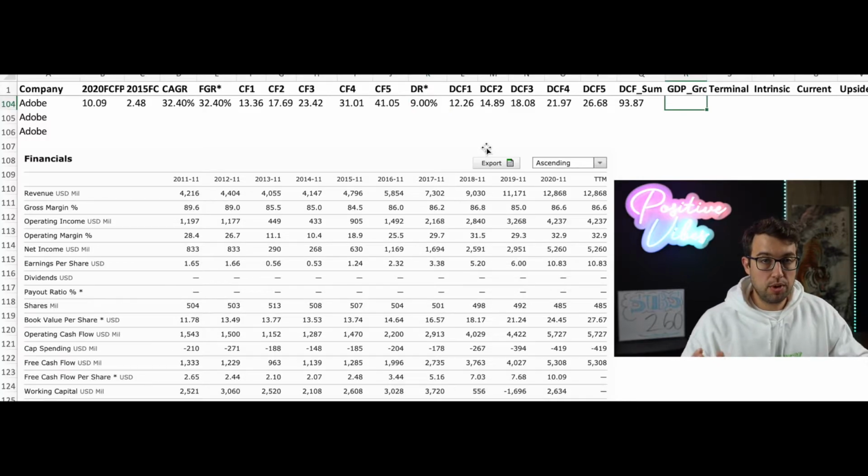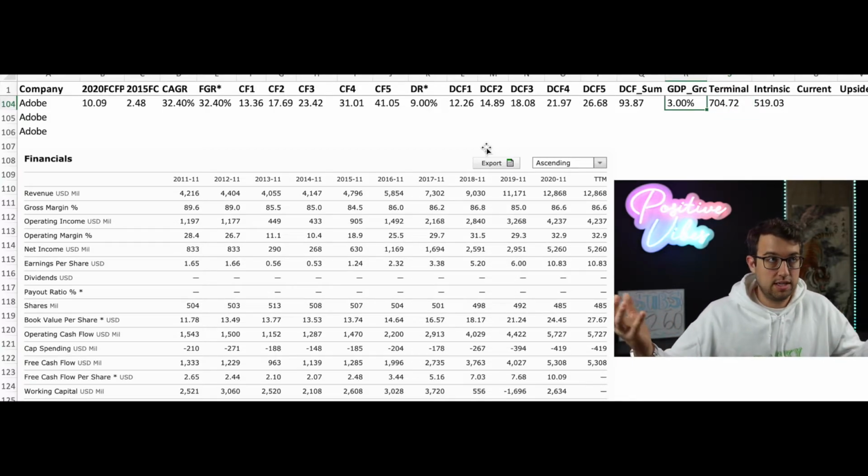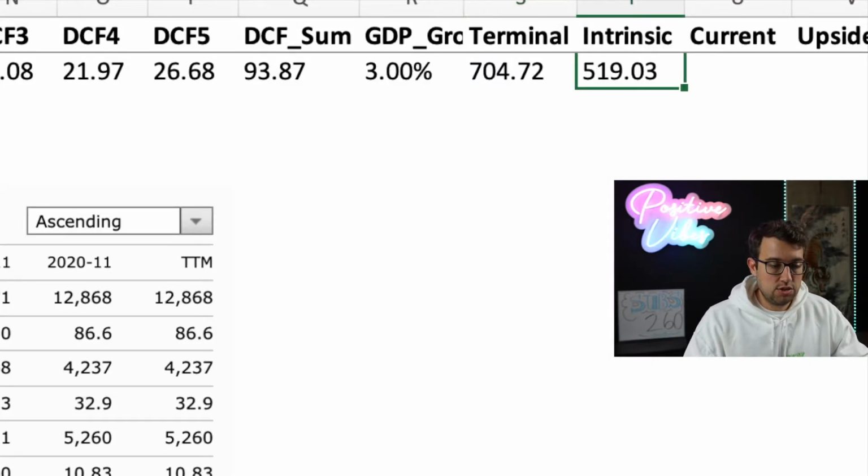Next, I'm going to incorporate a GDP growth rate. The reason you use a growth rate is because you have to assume that the US economy is going to continue at a certain rate. That rate I'm going to use is 3%, which is the average GDP growth rate for the United States over the past 100 years. So this is going to give an intrinsic value of